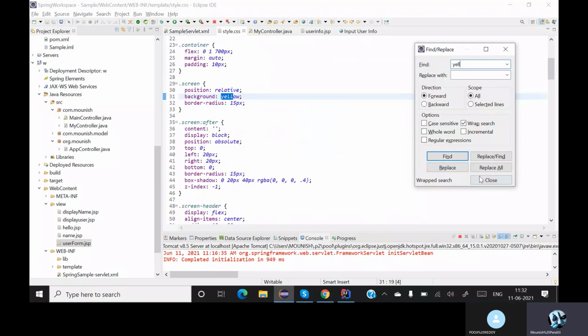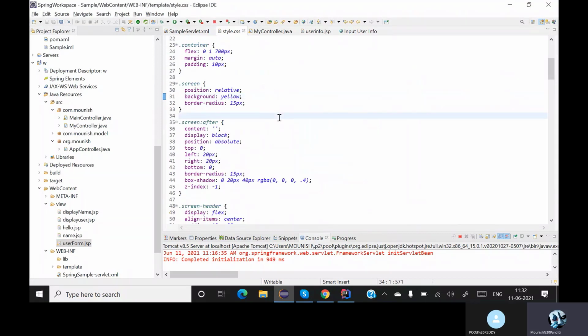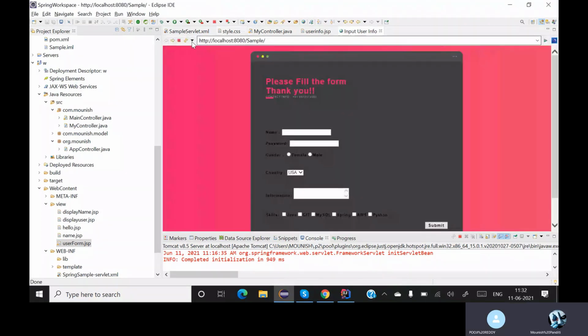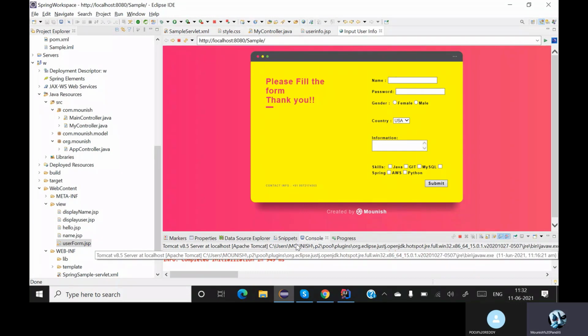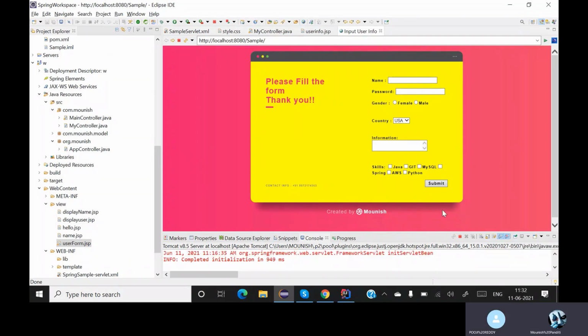Whatever we did, that yellow is changed over here. Let me save this. Go back to this. Refresh this. Got it. That is the reason I love IntelliJ. So now basically we made small changes to our front end visual. Okay, now given your details,